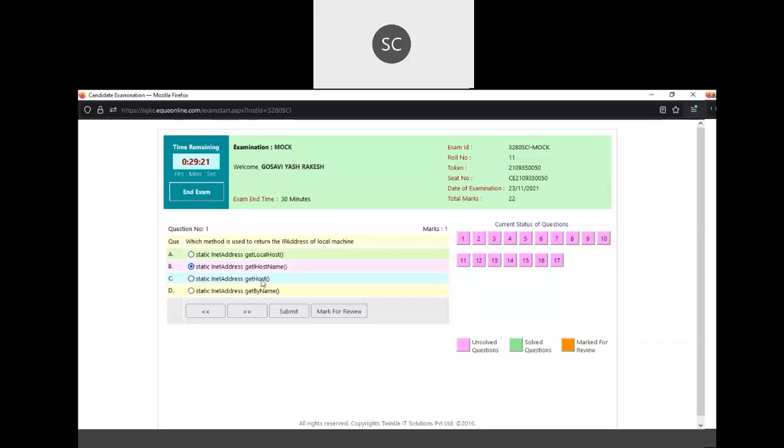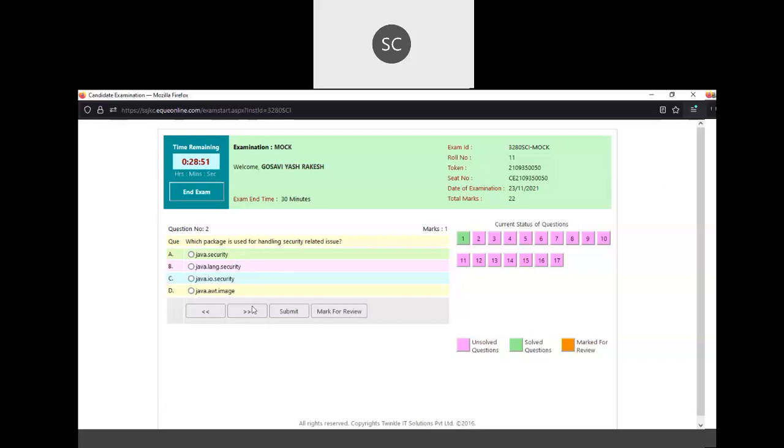When you click on the option, a dot will come, and if you are sure and confirmed with the answer, you have to click on submit. Means one question you have attempted and you have given the answer. So the first question becomes green. Now you are in the second question. Now suppose you don't know the answer for this question. You want to directly jump to the third question and come back later to see this question.